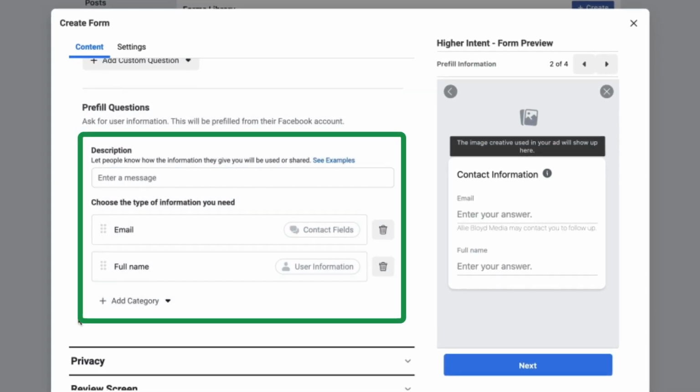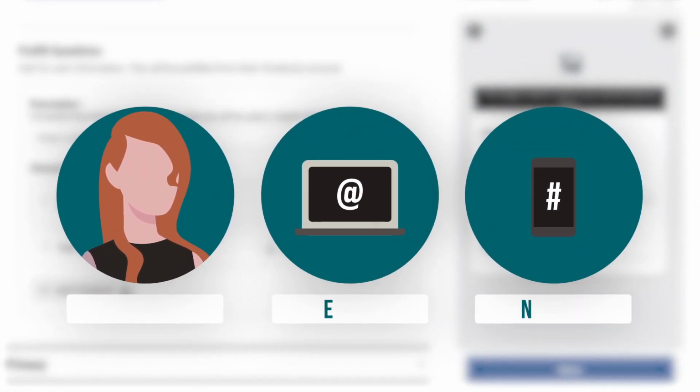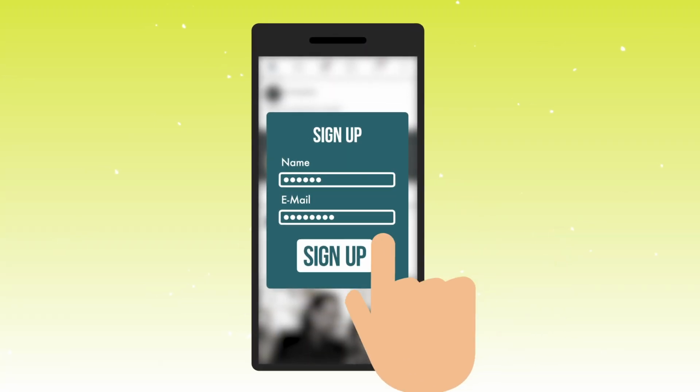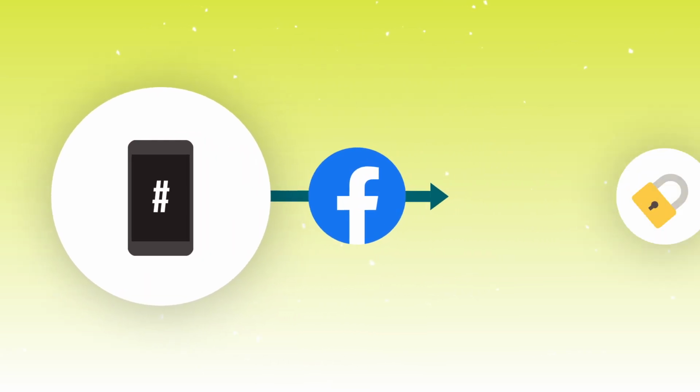The next section is going to be the questions. If you're using the standard, which is going to be name, email, and phone number, those are going to be auto-filled by Facebook. That is a blessing and a curse. It's a more seamless experience. However, because of that, people will tend to skip over it without reviewing that info. The email field is definitely one that is going to be incorrect more often than the phone number field. Phone numbers don't change nearly as much as email addresses do, and most people actually have connected their phone number at the request of Facebook prompts as a security measure.